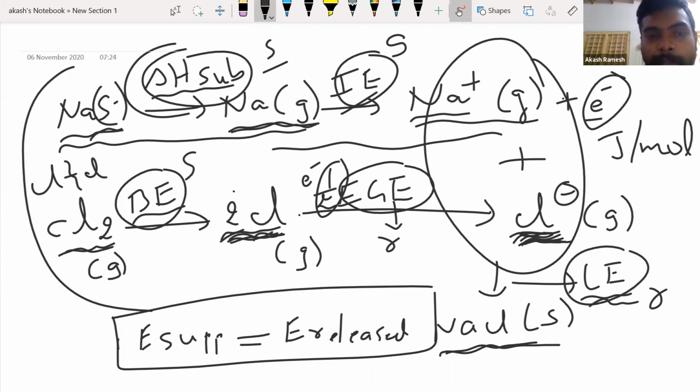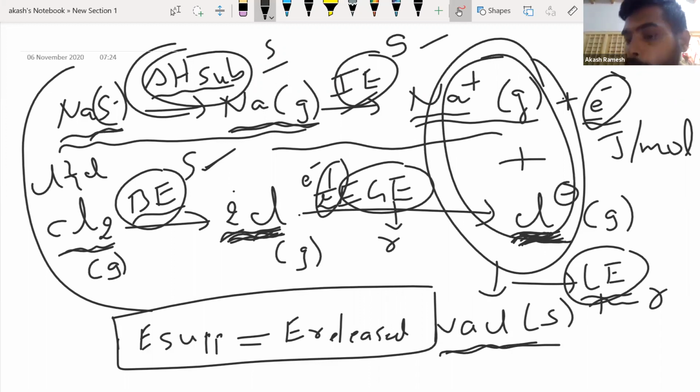Again, ionization enthalpy, you are removing the electron against the force of attraction of the nucleus, so definitely supplied. For bond enthalpy, you are supplying the energy to break the bond. Whenever you want to break the bond, energy has to be supplied. For electron gain enthalpy, whenever you have non-metals, especially chlorine, fluorine, energy will be released whenever you add an electron to the nucleus. And lastly, lattice enthalpy, you are making the crystal, Na plus and Cl minus are coming together to make a bond. So definitely lattice enthalpy is also released.